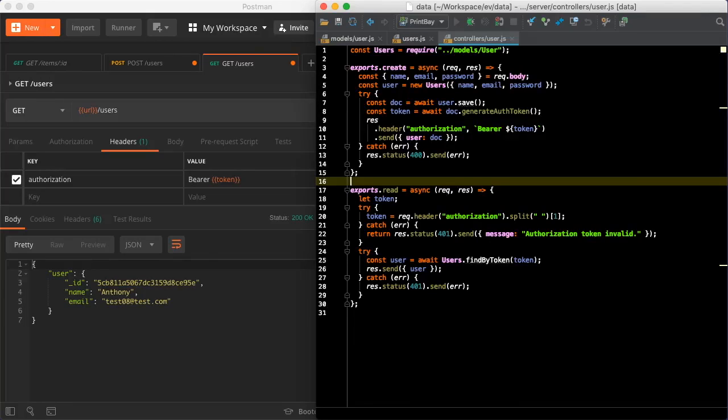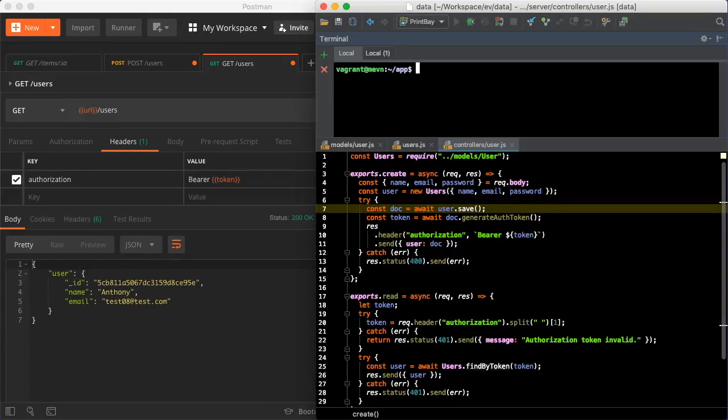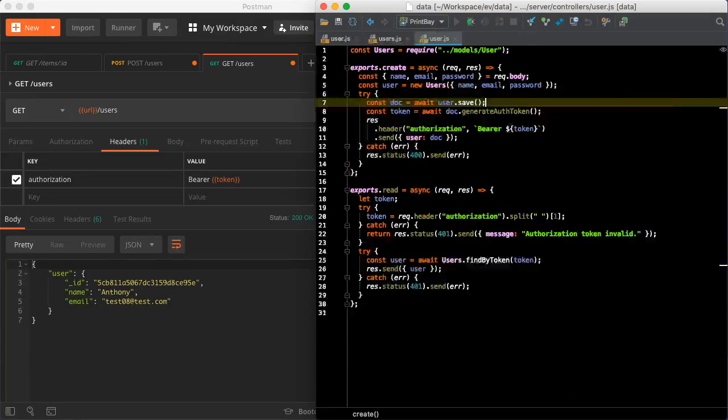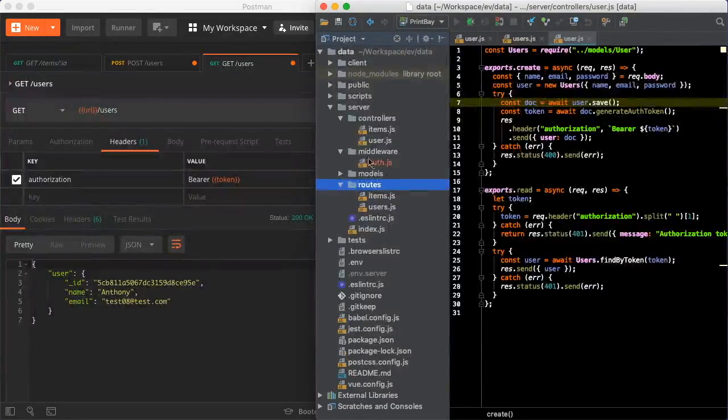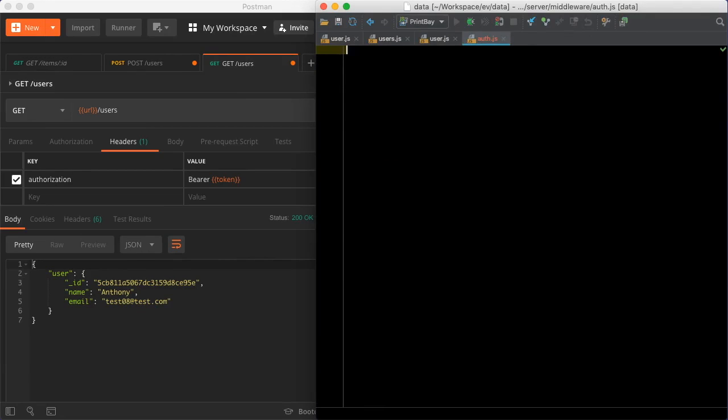So first what we're going to do is create a middleware directory. So we'll go make the server middleware, and then we want to create a middleware file, and this one will be auth.js. Alright, so let's go ahead and open that new file now. And at the top of this file, what we want to do is export